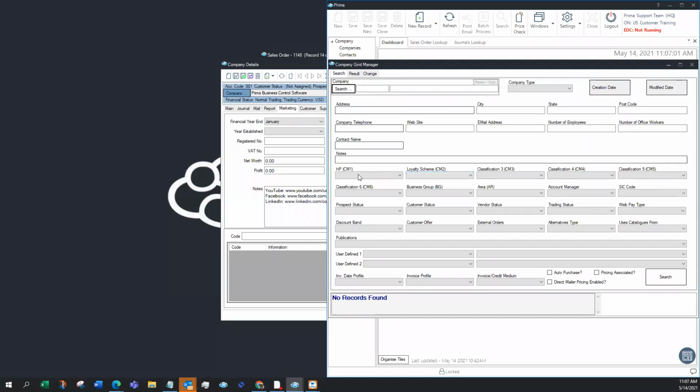we can see a variety of things here. We can see the different classifications as well as the business group and sort on all the other parameters for a company. So let's click on government here. Click search, and we'll see that we'll come up with a few options. If we navigate to change,